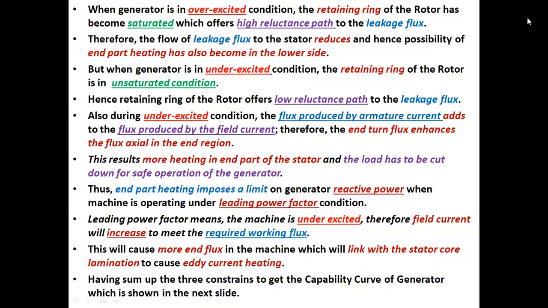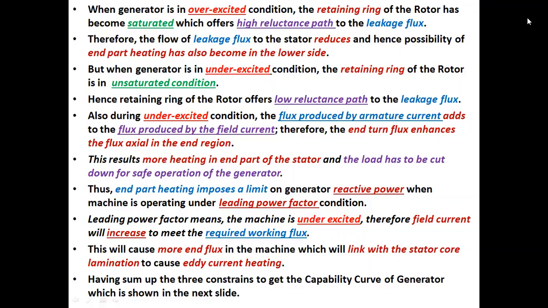Therefore, end turn flux enhances the axial flux in the end region. This results in more heating in the end part of the stator, and the load has to be cut down for safe operation of the generator. Thus, end part heating imposes a limit on generator reactive power when the machine is operating under